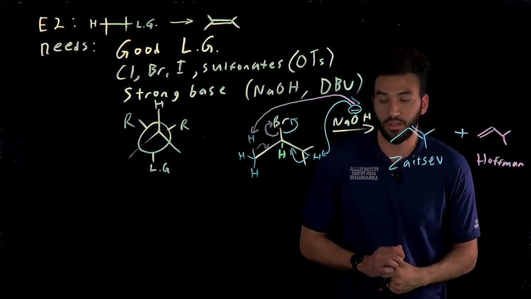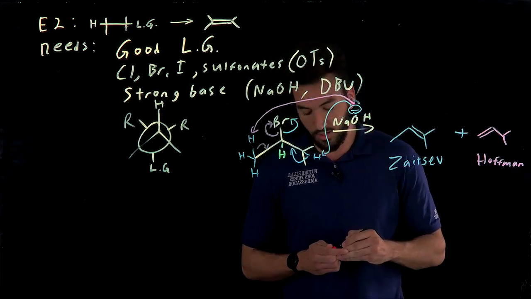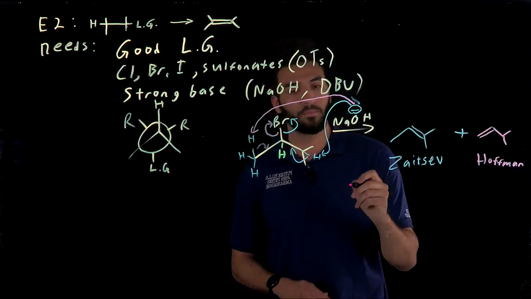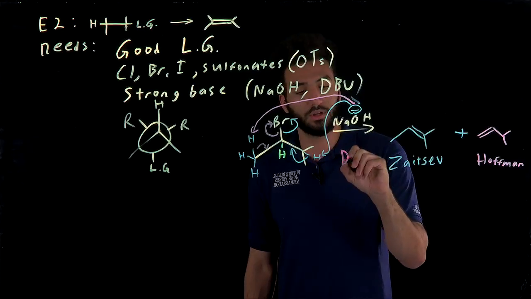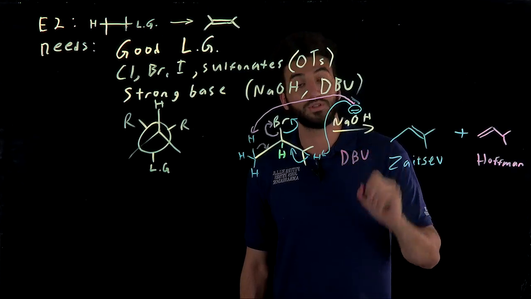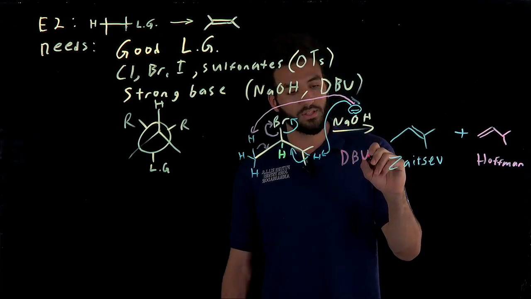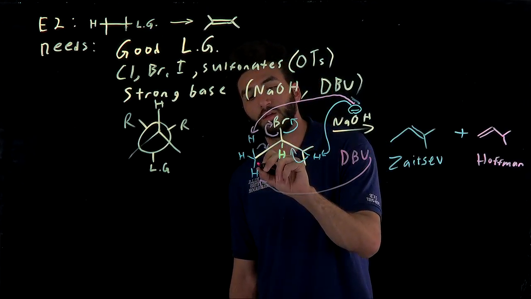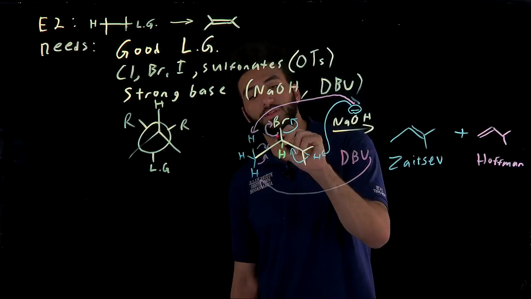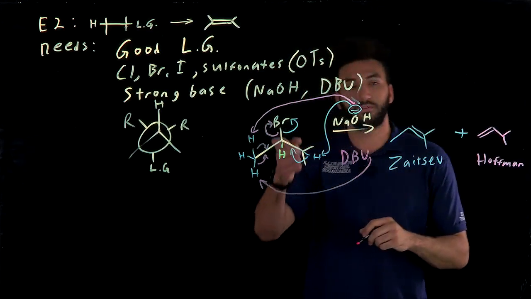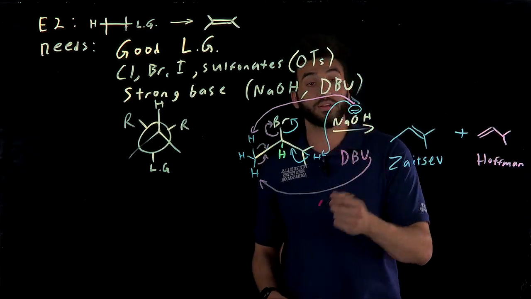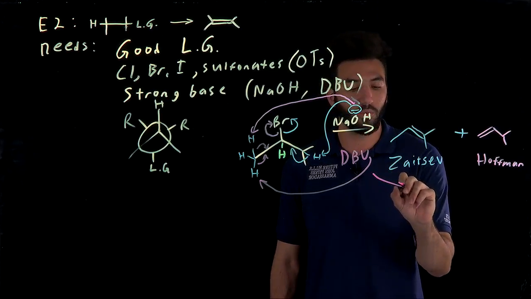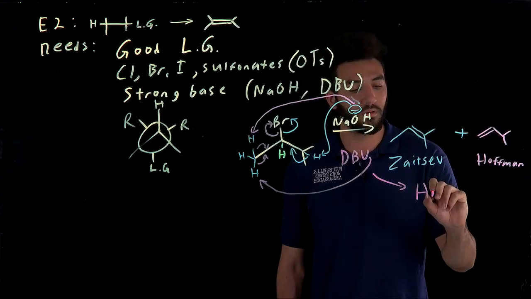Now what if we use a bulky base? Now if we use a bulky base, something a little bit different happens. So I'm gonna do this in pink, because why not? If we do use DBU, which is a bulky base, DBU is gonna grab one of these hydrogens much more frequently, doing basically the same exact thing as NaOH did for the minor product. And the product of this is going to form a major Hoffman product. So DBU would favor Hoffman,